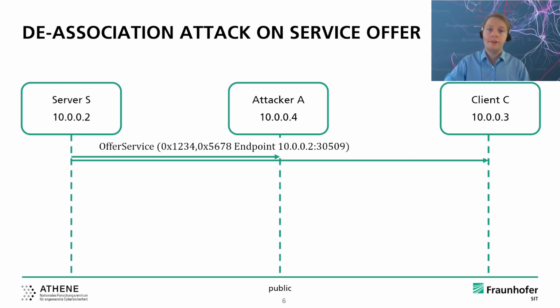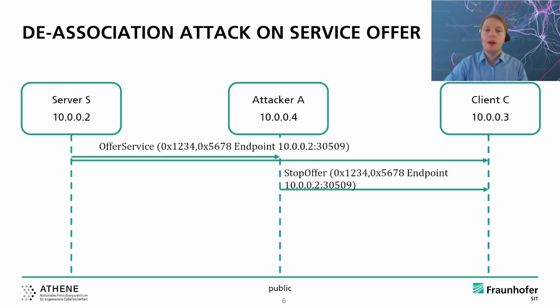The goal of the attacker is to get into a man-in-the-middle position between already connected or associated servers and clients, and then freely manipulate the communication. In the first step, an honest server sends an offer service message via broadcast communication. An attacker in the network who has compromised one of the control units now reacts to this offer service, sending